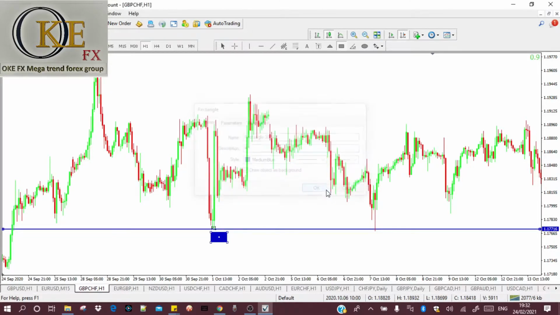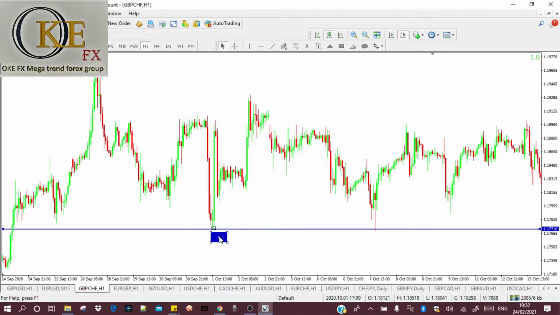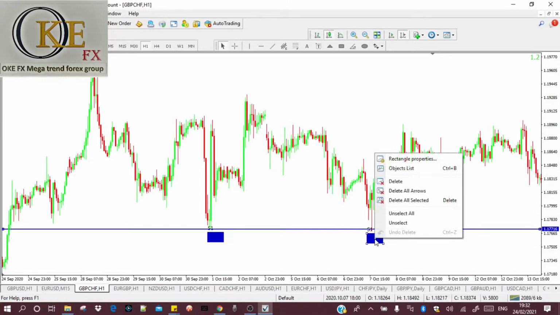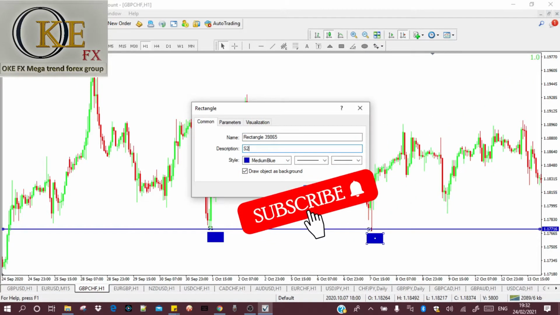This is support now, so it should be S. Okay, let's use the letter S to denote this. Support 1. Then remember what I told you. Hold Control key, click and drag. Boom, you click on it to select, then properties, 2,